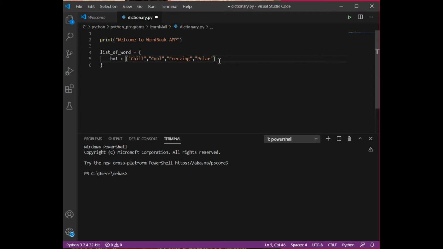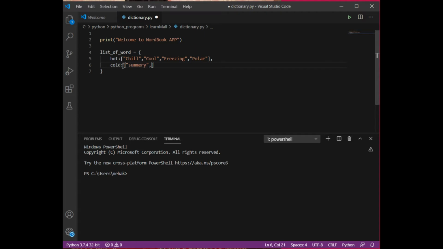Okay, similarly I'm going to create one more key, and let's say I'm giving it the name cold. Now we are going to create antonyms for cold. We are going to create a list of words that have opposite meaning as compared to cold. Under cold, first of all, let's say summary, I mean summer.